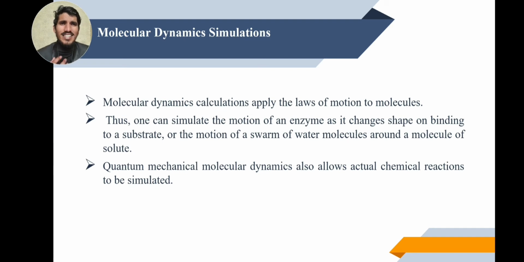So what do we basically do in molecular dynamics simulation? We just represent a chemical reaction using a computer program. We represent how atoms will react together, how a reaction takes place at the atomic level. We do all of these things in molecular dynamics simulation. It involves the motion of the molecule, the motion of two atoms that are approaching each other to react. It involves the basic concept.